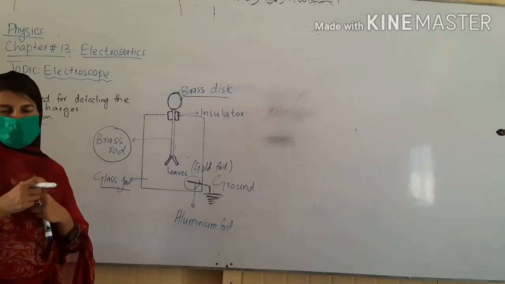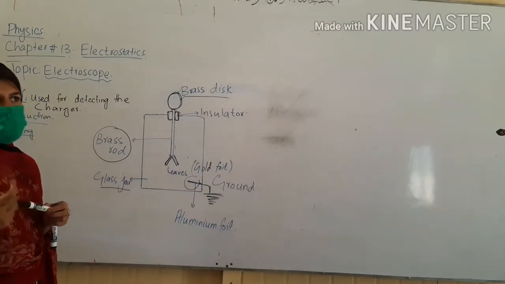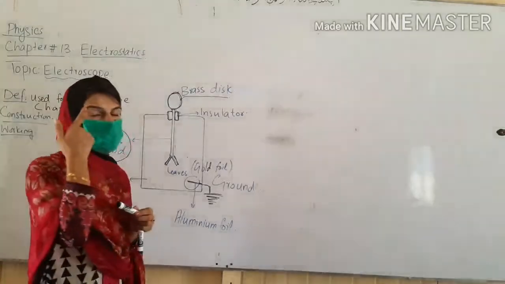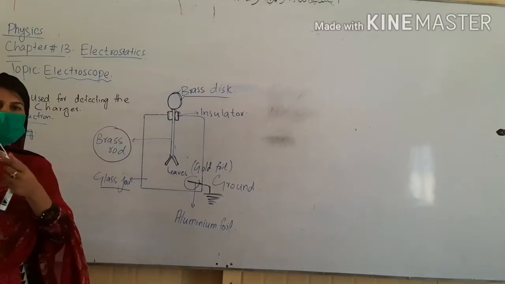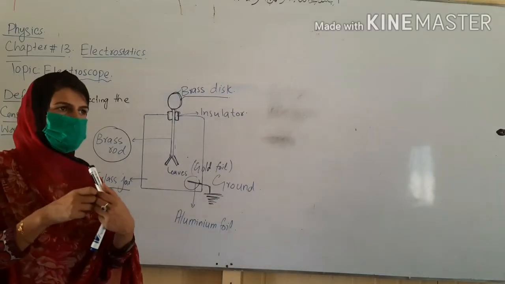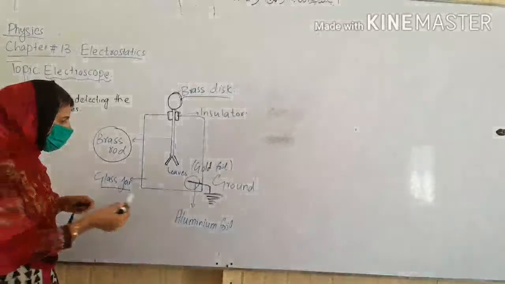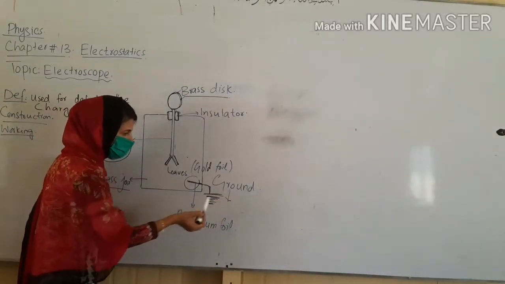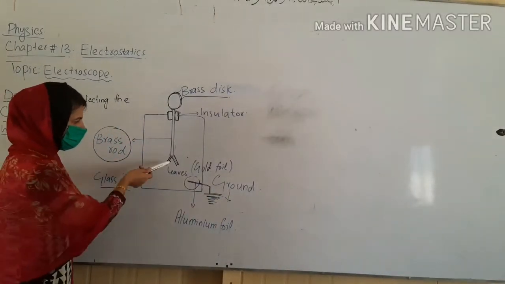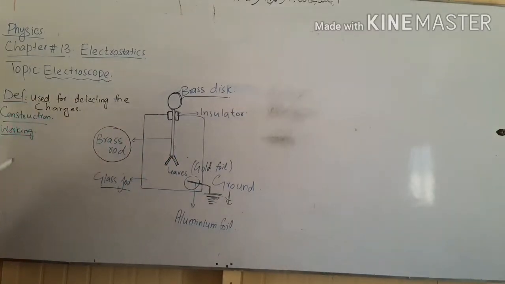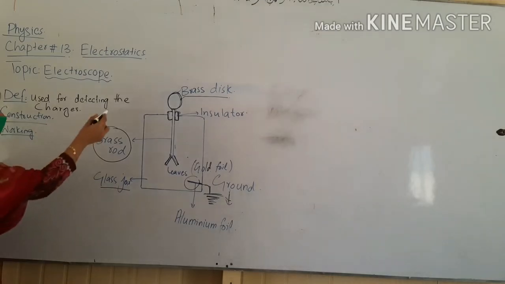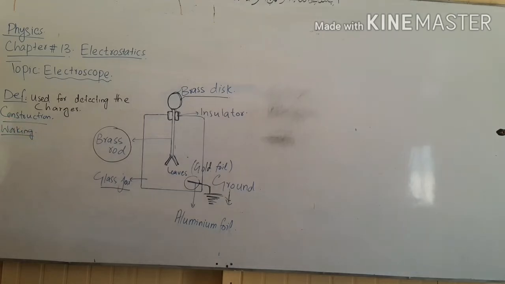रिमूव करने का तरीका क्या होता है? जैसे आपके पास घरों में wires use होती हैं ना, live wire होती है, neutral wire होती है, earth wire होती है. वो earth wire safety में use होती है. आप excess charges को वहाँ से remove out कर देते हैं. Similarly, the ground is used for the purpose that the excess charges can be removed from the electroscope. That is not a requirement of its functioning. Is it clear? This is the whole construction of the electroscope.